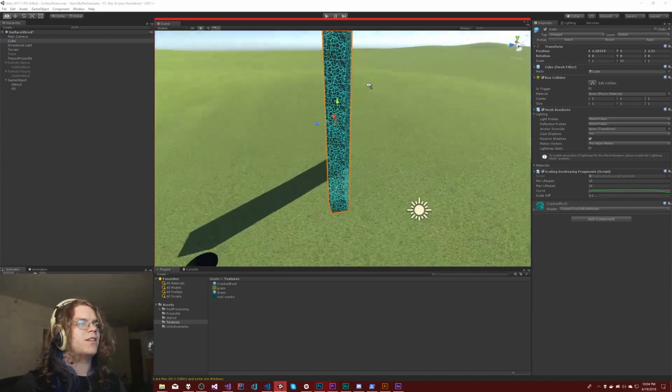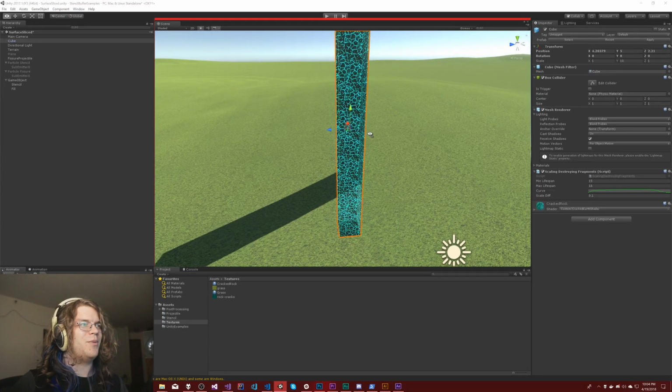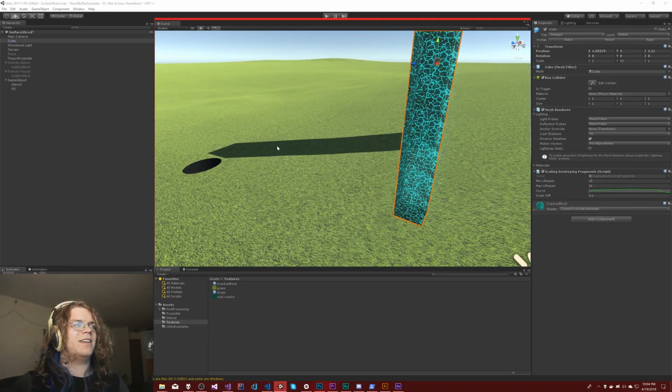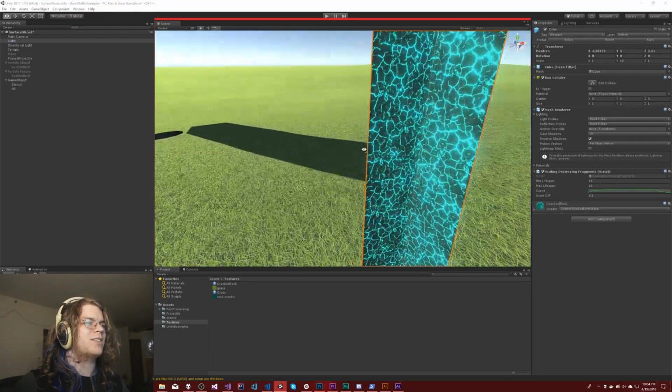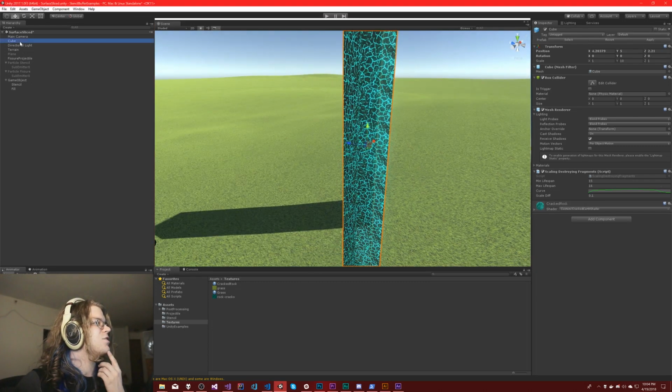So there is our fissure. It's casting shadows, which looks really weird because when we have the things projecting, since the shadows are projected, it's actually going from the top and projecting the back face there. We probably don't want that. I'm curious what will happen when I actually apply